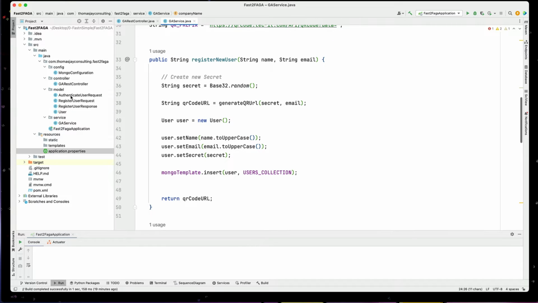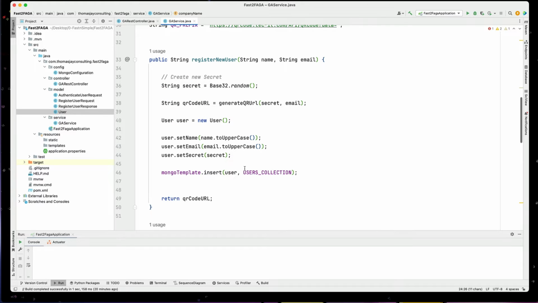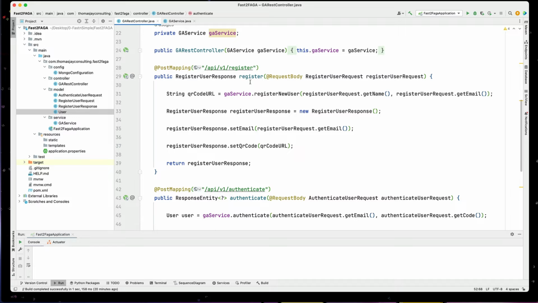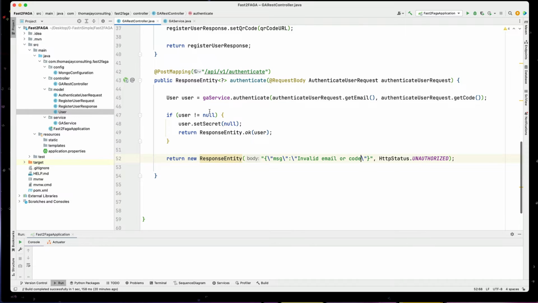I create a new user, and let's see what the user looks like in the user model. So there's ID, name, email, and a secret. Takes that information and inserts it into MongoDB and returns back a QR code. Great. We then take that QR code and we scan it on the phone. Now, when we're ready, we will use that information to call a post to authenticate, and we'll send in the email as well as a code from the phone. It will go through and it will authenticate the user